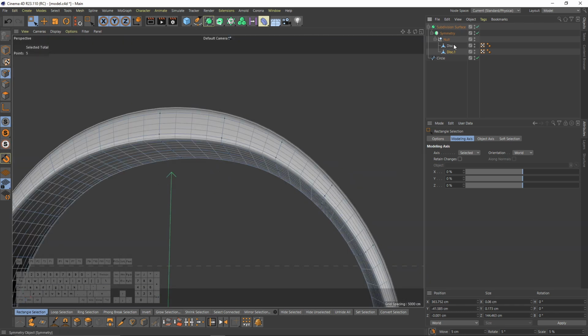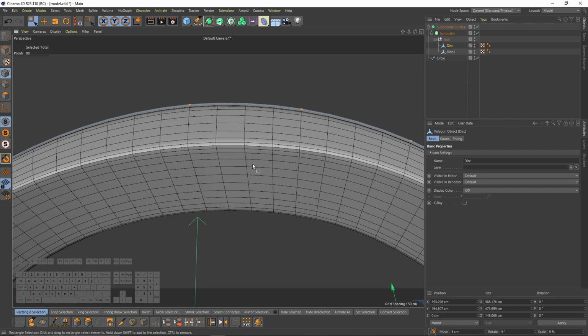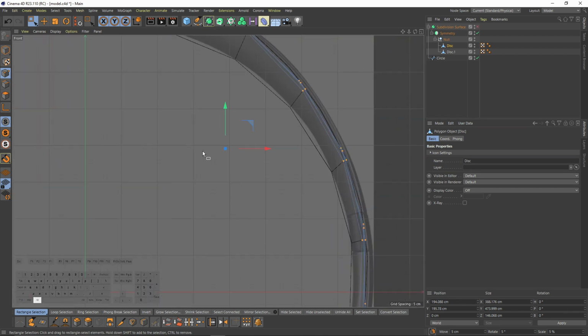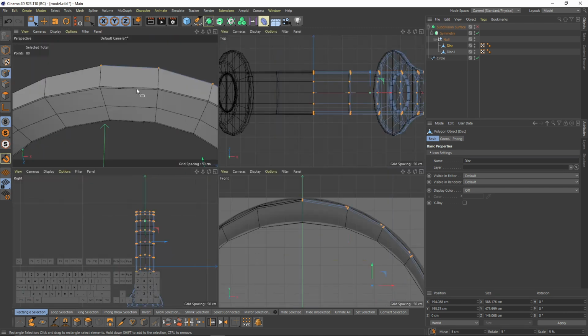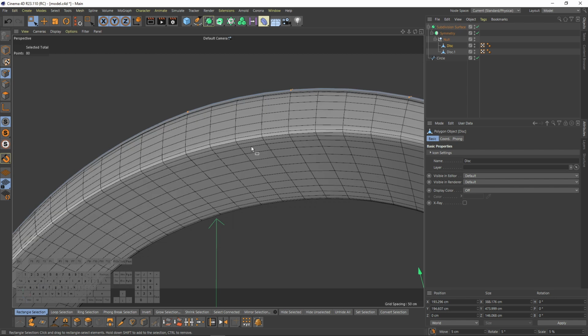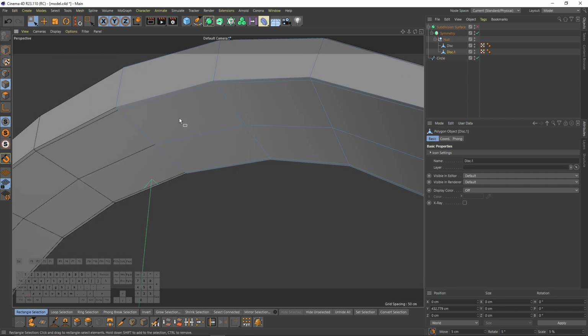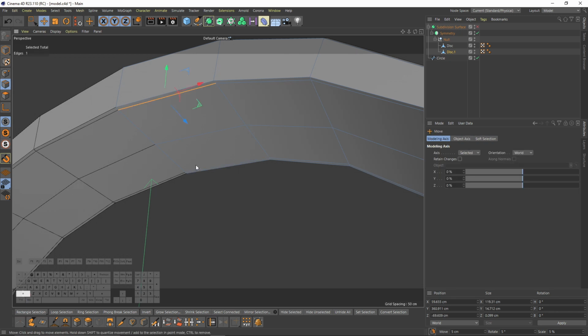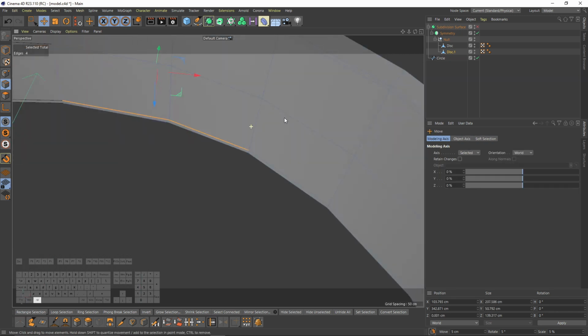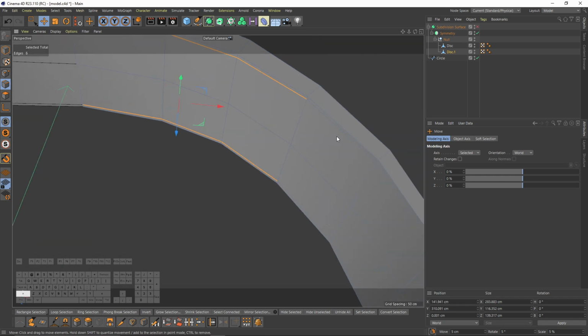Okay, let's enable subdivision surface. But if you look at the image, this part is softer. So we have the sharper. So I need to move these edges. I will select them